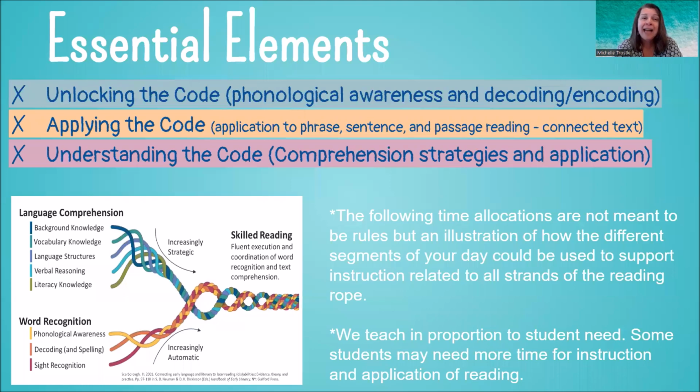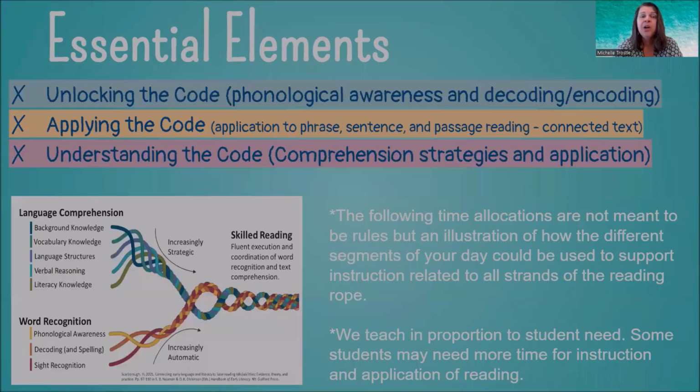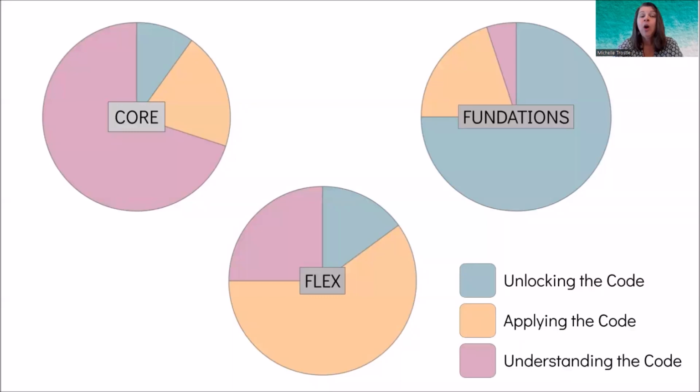We talked in the last Trostle Talk about the essential elements of our day. We have 3 time periods during our day that we're going to be instructing in reading, and we're going to think about unlocking the code, applying the code, and understanding the code in each of those time periods. So our time periods are core, where we're focusing heavily on understanding the code, foundations or word study, when we focus heavily on unlocking the code, and then flex, our thinking focus for today, where we're going to be working